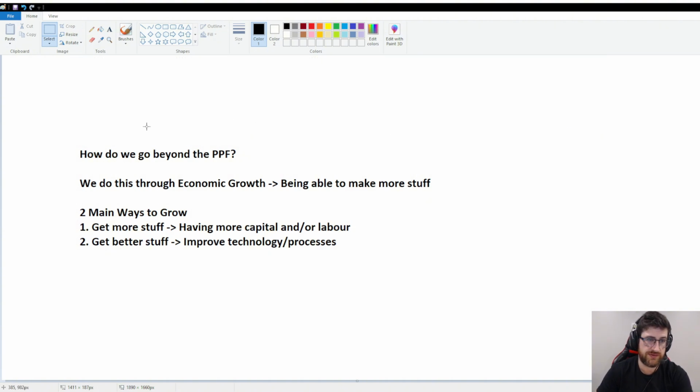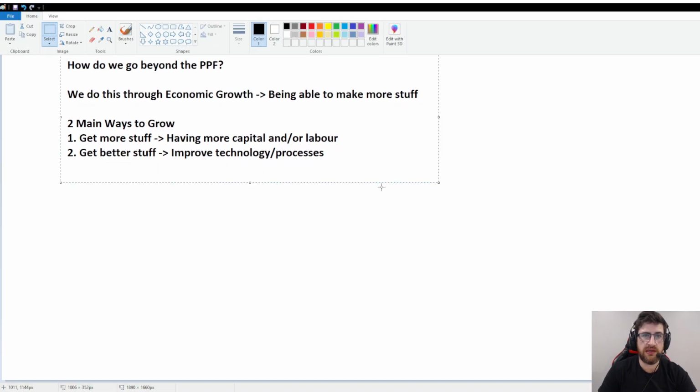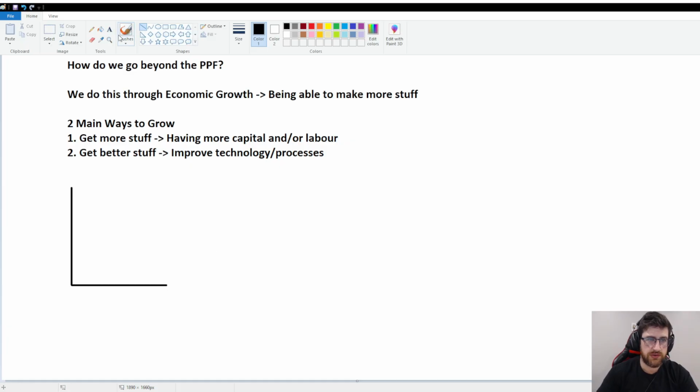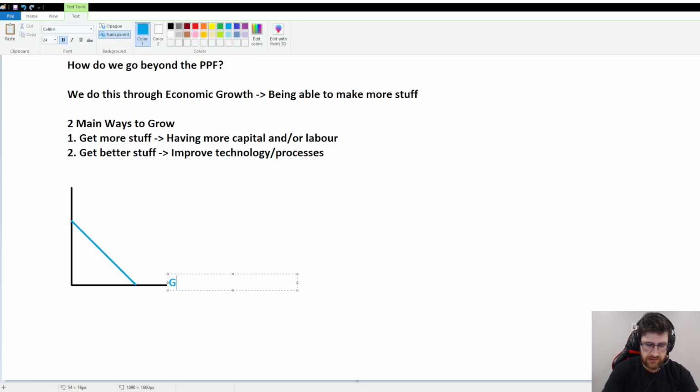Kill that off, scoot this up. My mouse is acting a little weird today, so bear with me. All right. So I'm going to set up 3 graphs, if I can draw straight. And we're going to keep it simple. We are going to use that constant returns version. So I'm just going to make a baby graph like this, and we're going to pick 2 goods. I'm going to pick guns